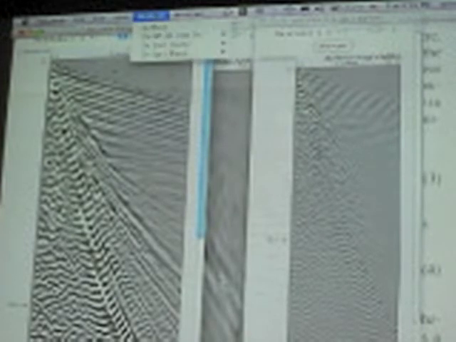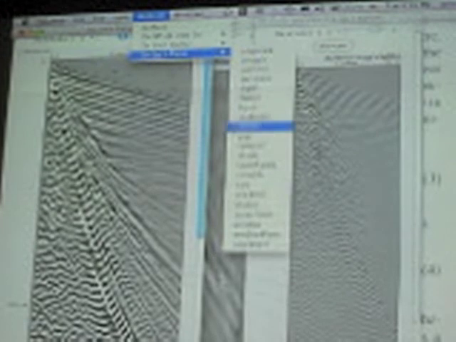Let's go ahead and slant stack this data set again, with the slant plane. Let's see if we can remember the best slant stack. We wanted to go ahead with 100, maybe I'll go up to 120